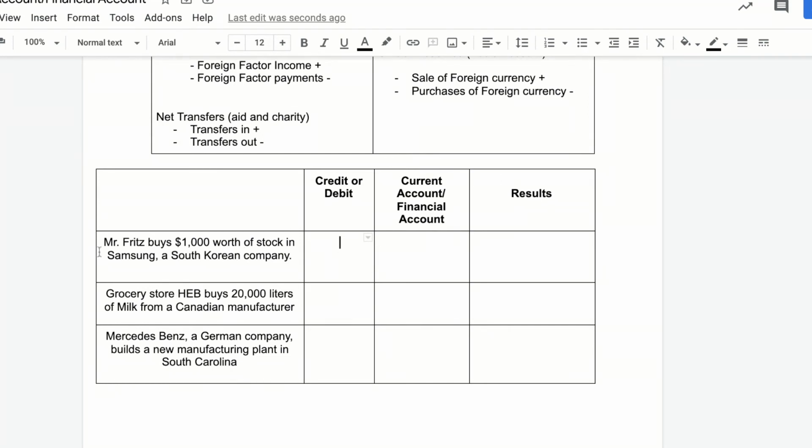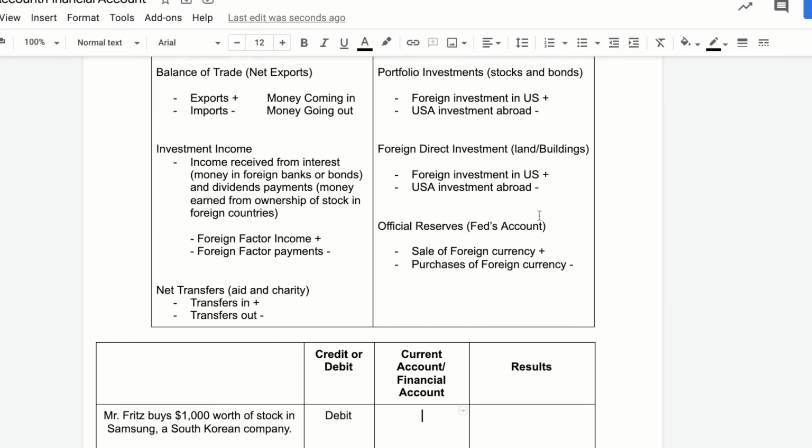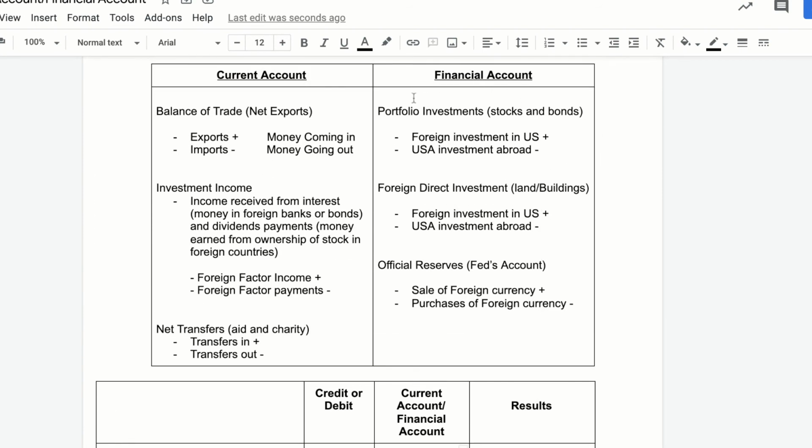All right, first one, Mr. Fritz, that's me. Mr. Fritz buys $1,000 worth of stock in Samsung, which is a South Korean company. So first, since I'm buying stock in a foreign company, that is a debit. That is money leaving the country. My money is going to South Korea, and in return, I'm getting partial ownership in a South Korean company. Is that a current account or financial account thing? If we look up here, purchasing stock would be portfolio investments, and that would go under the financial